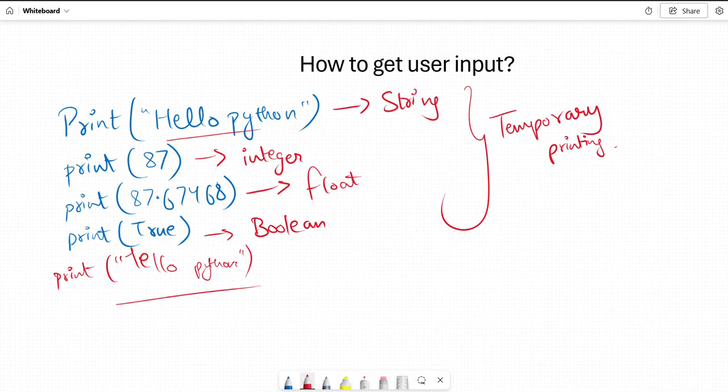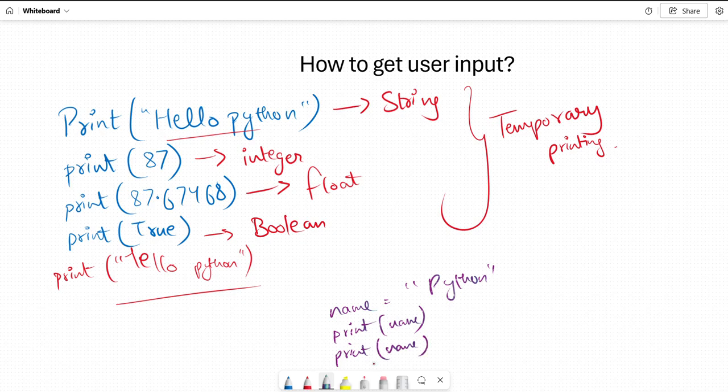We came up with variables, right? In the variables, we were storing the thing. Suppose we have the variable name equals to Python. So I can use it again and again. I'm not supposed to write print Python again and again. I was writing print name, correct? Print name again and again, whatever my name is. So these were your variables.